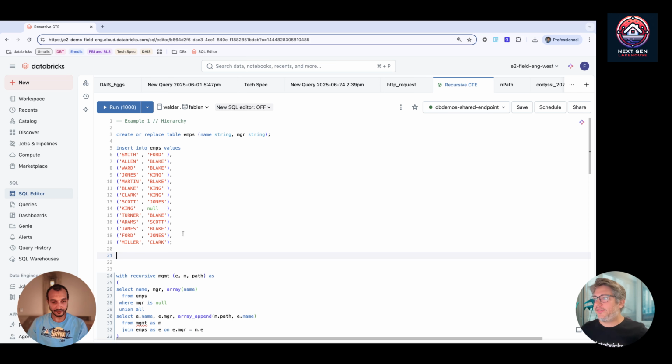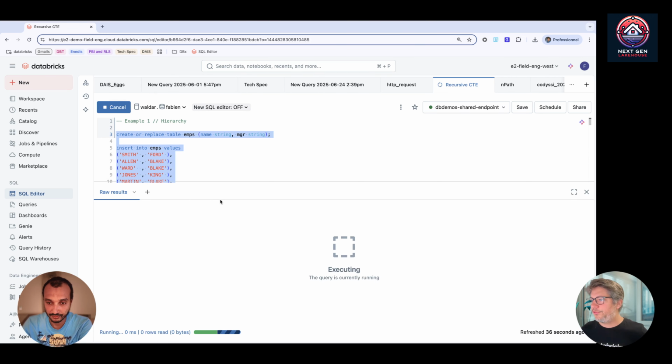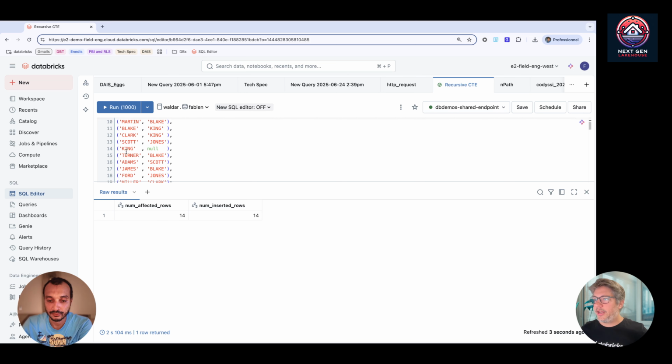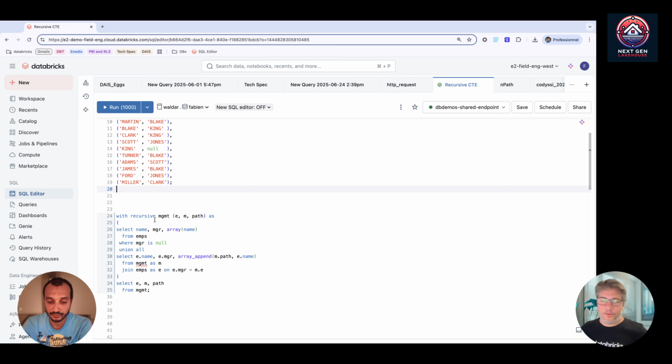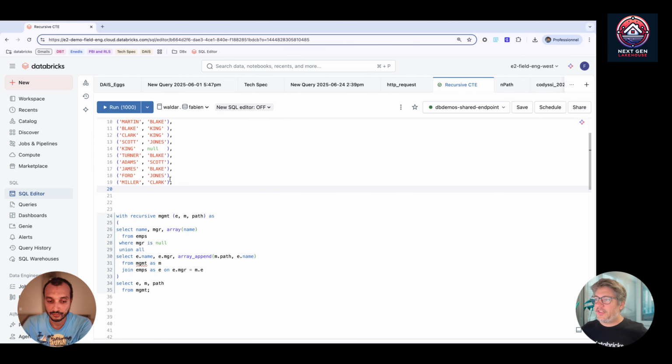So the first one is a very classical hierarchy. It's the data from a table that lives on Oracle since forever, so it's very basic stuff. I can create the table and insert some values. Basically, I'm putting an employee name and the name of his manager. And we see King, being the king, has no manager. We are going to run the recursive query about it